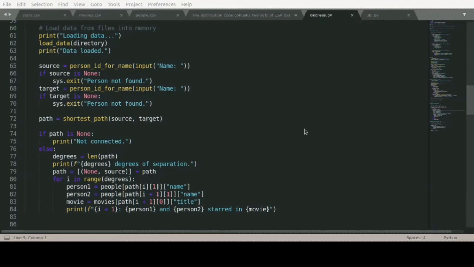Hi, this video is a part of CS50 project, Introduction to Artificial Intelligence using Python. So we have to find the degree of separation between the two actors. The degree of separation is just the shortest path between them. So how we connect them is like